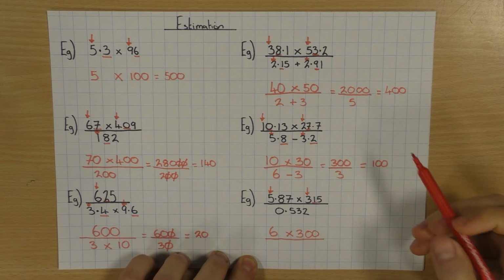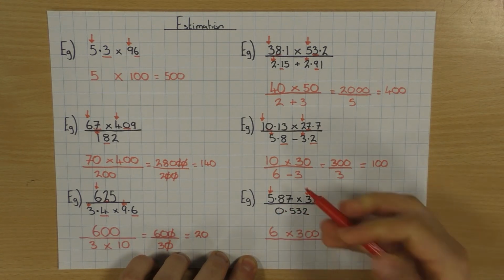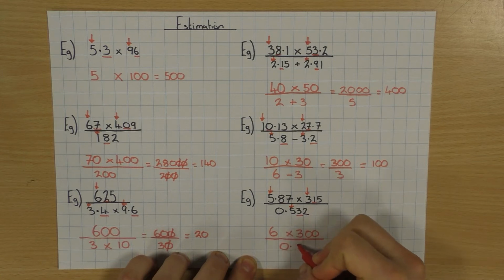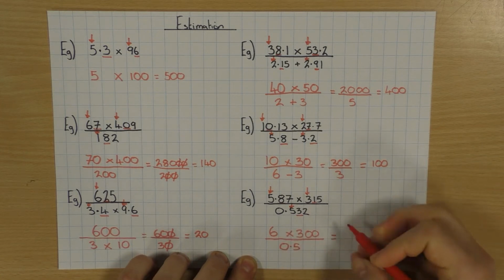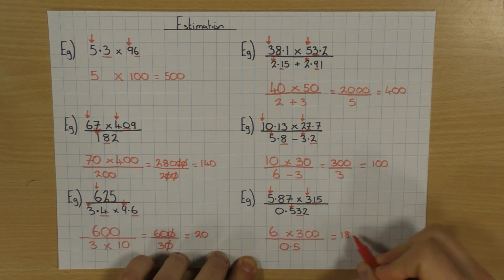Now this is where people make a mistake. They either round it to 0 or 1. That is incorrect. 5 is the first significant figure. 3 tells you to round down, so it stays as 0.5. If I then just work this out, 6 times 3 is 18, add the 2 zeros,